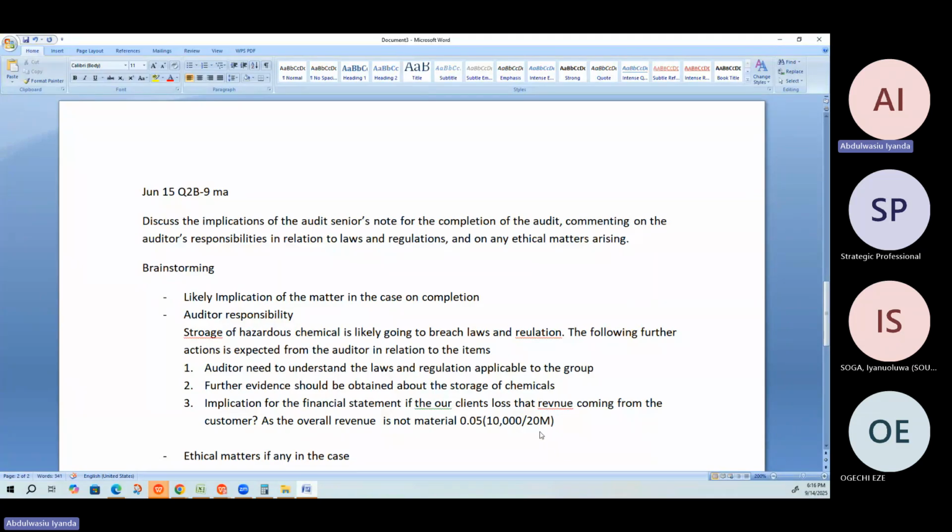Then Madam Yanu, you also mentioned another one, which is to seek legal advice. So you can also say the audit firm may wish to, but that should be our last thing. Then I can also write one more point: the guy is threatening us that we should not tell anybody.